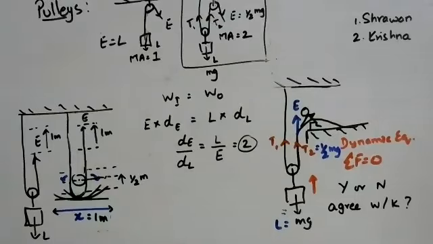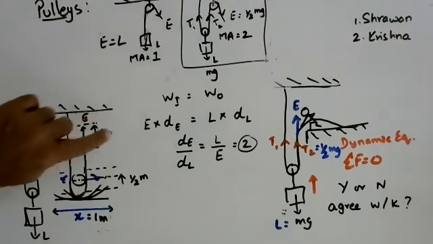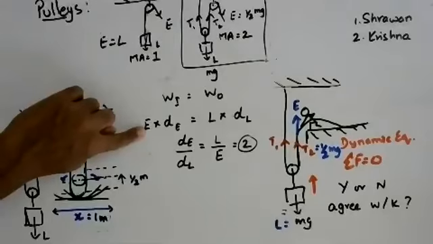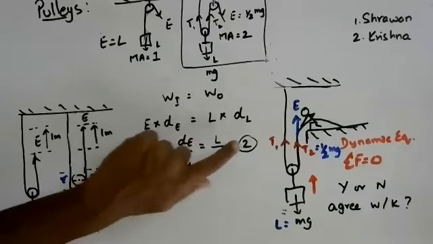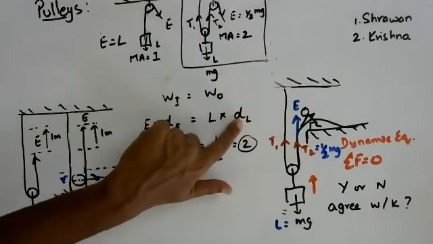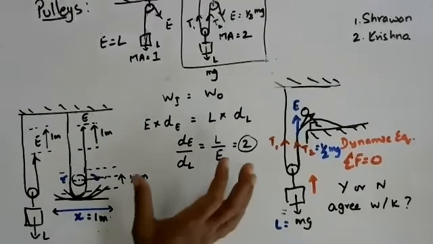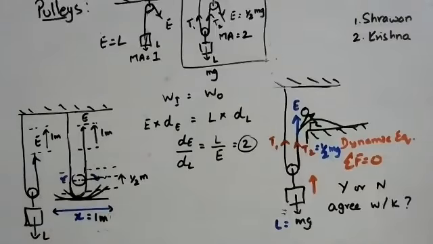So therefore, if you have a single movable pulley with a mechanical advantage of 2, the only way that the work input and the work output would balance each other out is this: if the effort is half the load, then the distance moved by the load will have to be half of the distance moved by the effort. That is the only way in which the equation can hold true. And yes, you can see that in practice experimentally also, that it is true in ideal conditions, but it will approximately be correct even in non-ideal situations.